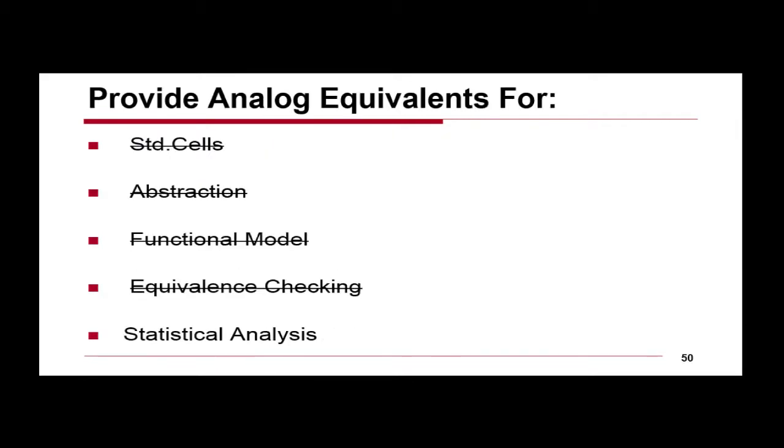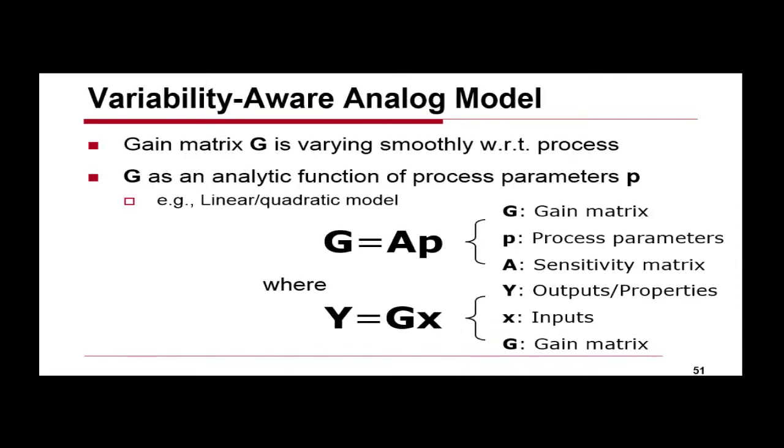So the last thing I want to talk about is statistical analysis. I'm going to go through this pretty quickly because we're running a little late. Basically, I said that y equals gx, but g is actually not a single number. Every time you fabricate a chip, g is a different number. So you can think about g as actually being some other matrix of some random parameters that you're choosing. And the question is, can we take advantage of that?